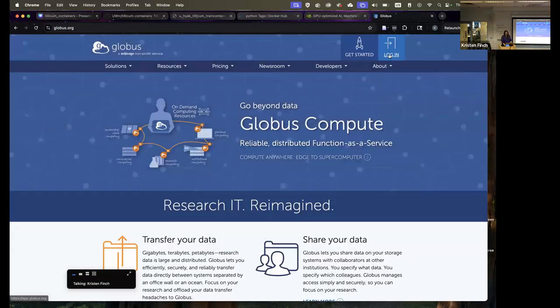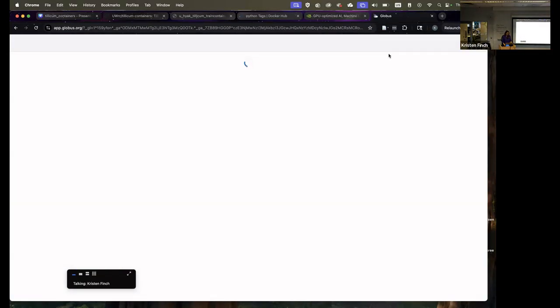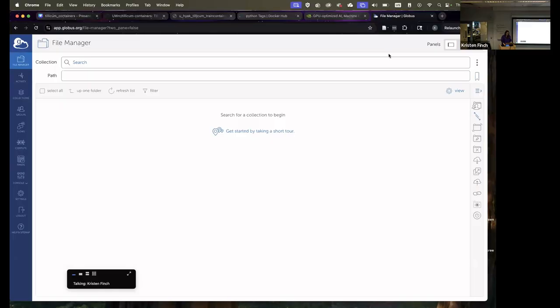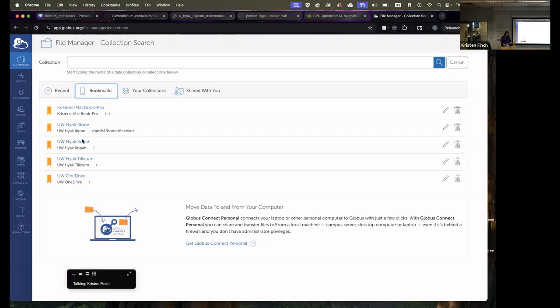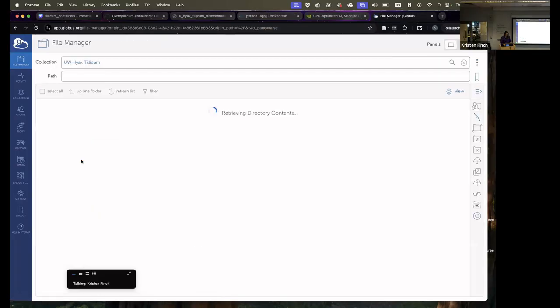If this is the first time you're doing this, there might be more authentication steps necessary, but I've logged in a few million times. It's not asking me to authenticate right now, but I just went to globus.org and found the login button at the top right. Some of my collections that I use often come up in recent, but you can also bookmark them. We have Hayek Clone as an endpoint, Copa is an endpoint. I have an endpoint set up for my local computer, and then we have a connector for UW OneDrive as well. But for now, I'll just go into Hayek Tillicum,